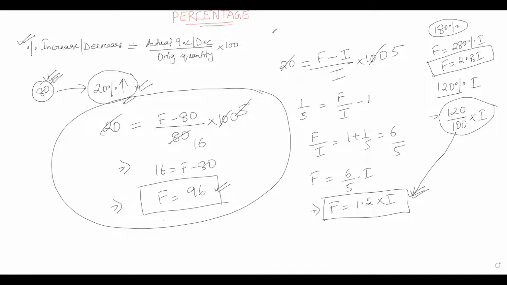Okay, so now let us say that the initial number has been decreased by 20%. So we can say that initially the number was 100%, but now it has been decreased by 20%. So the number left is now 100 minus 20%, which is 80% of the original value. So the final value in this case would be 80% of the initial value, or the final value would be 0.8 times the initial value. So whether the number has been increased or decreased, we can apply the same logic here and we can simply find the final value.